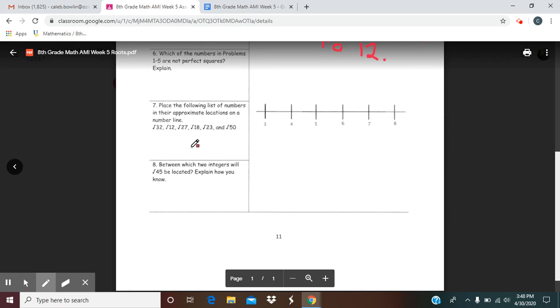So the square root of 32. Well, if I'm thinking through my perfect squares, my squares on the low end, I have 1, 4, 9, 16, 25, and 49. Well, 32 is between 25 and